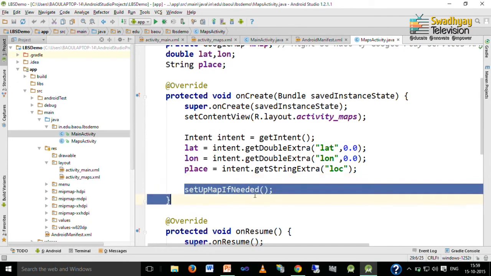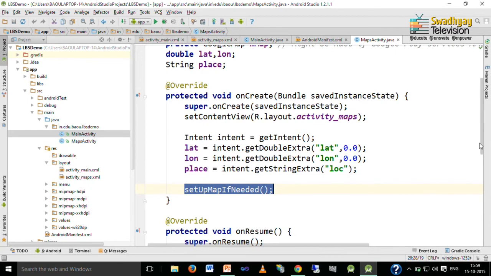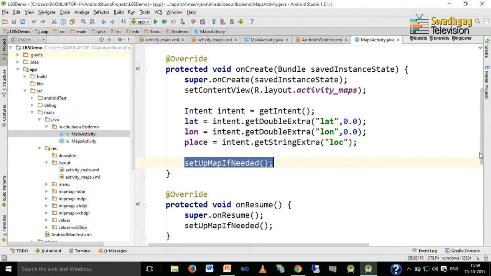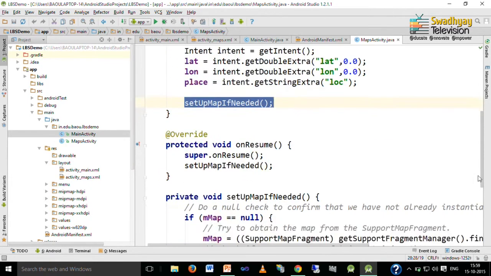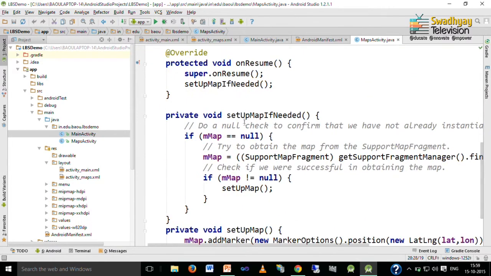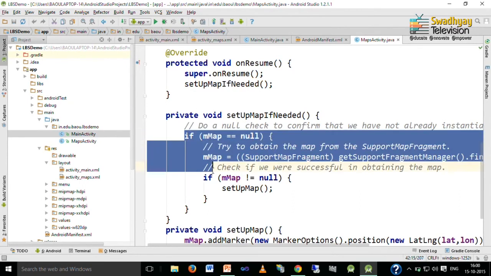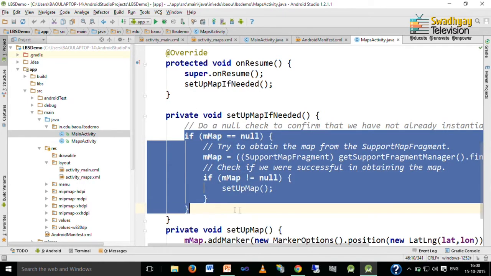Now, this method is automatically written by the maps activity when you create it. Here this method, set up map if needed, is automatically written for you, and in this we write down if map is equal to null, then we have to create the map.